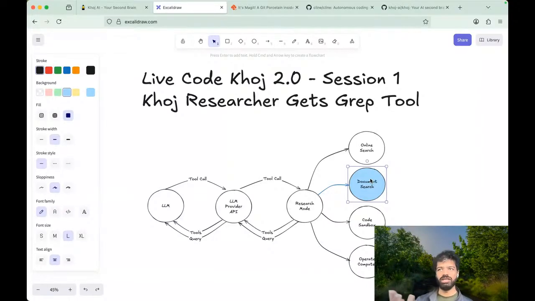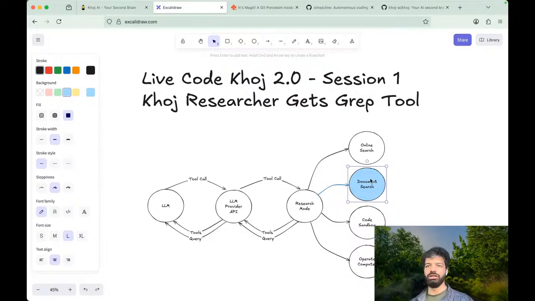And if your note doesn't mention car, but mentions Honda Civic, it will not find that match. Whereas with the natural language search tool, it'll find that match. So that's the difference between a natural language search tool and a normal regex search or a grep search or a keyword search. So Khoj already has that natural language search tool, and that can help it answer a class of questions.